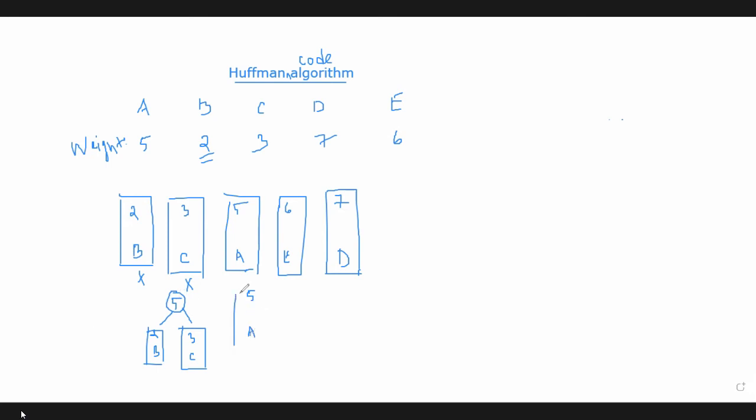So the next node is 5 and then 6, after that 7. Actually, these 7 are the number of appearances, or frequency, or weight of the character D. That is, in that message D will appear 7 times. Okay, so now we can find out two